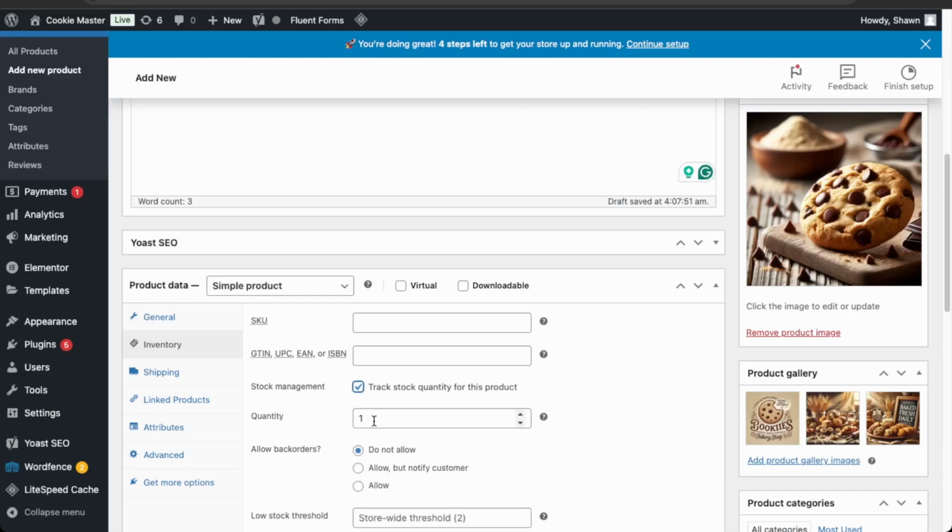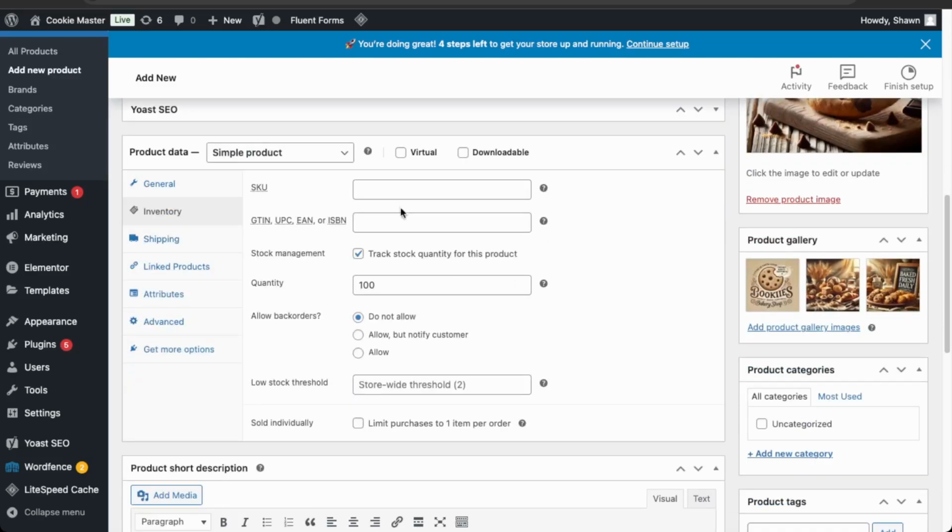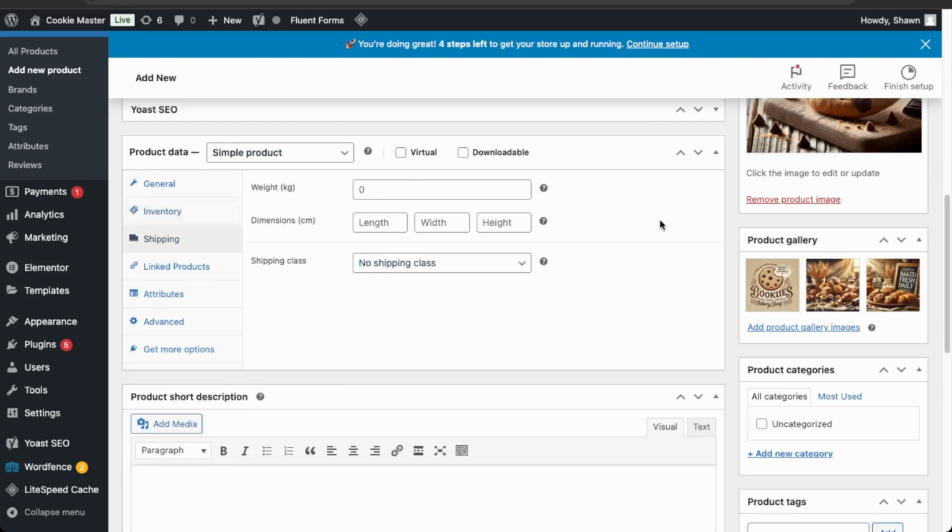And then you can keep stock. So let's say we have 100 in stock. Okay, so back order. If you want to enable that, but I'll just keep it disabled. Next we have shipping. So you want to make sure this is accurate to get an accurate shipping calculation. So we'll say 0.5